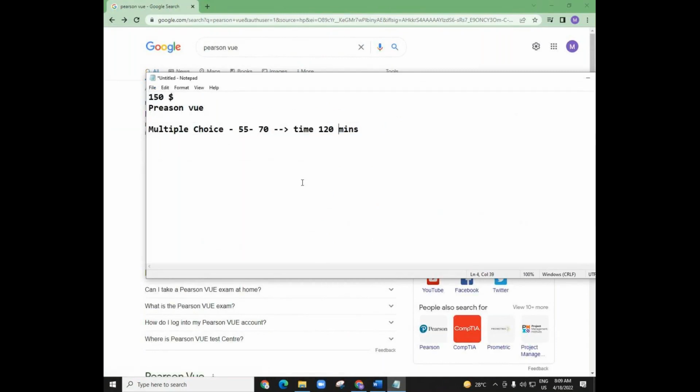But again, many people will ask this question: where do we need to write the examination, how much is the fee, how much is the time, what sort of questions will come. So this is all about this examination. Totally $150 is your fee. 55 to 70 questions will be there, and they will be multiple choice questions. Okay, now